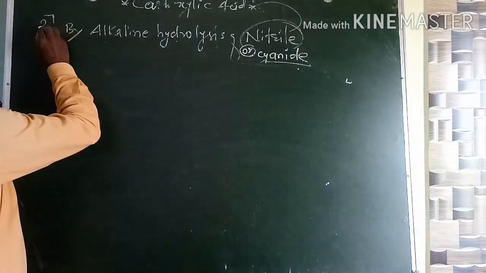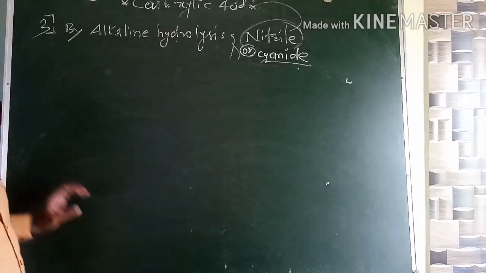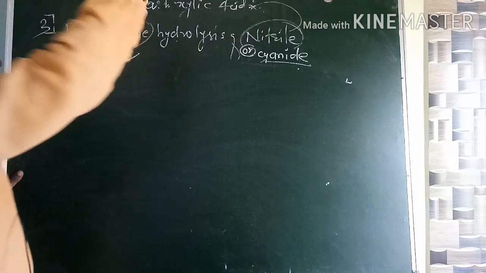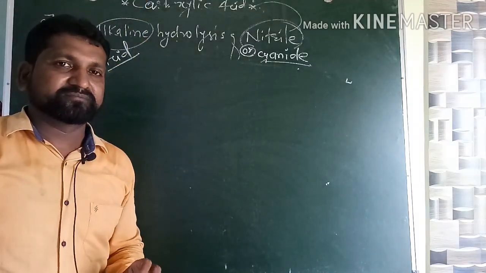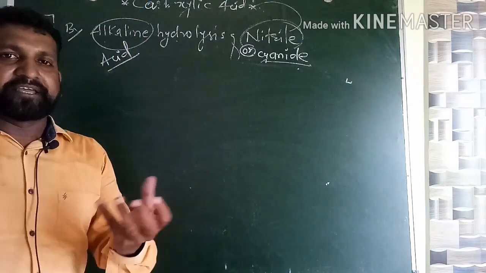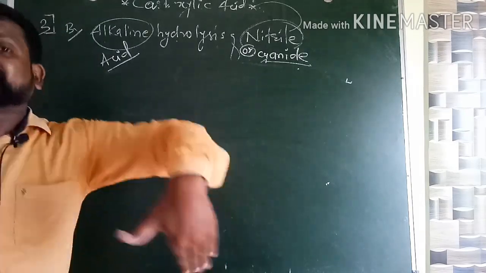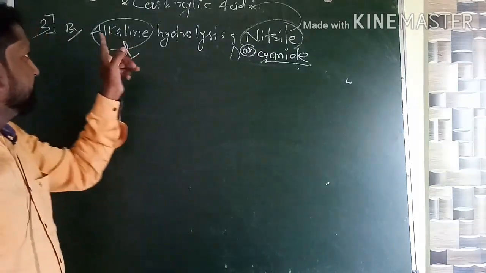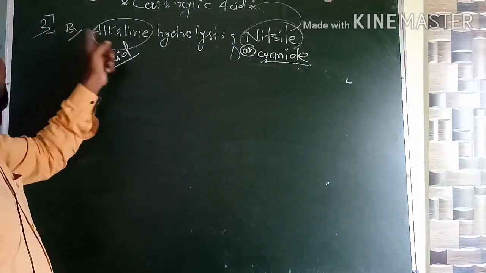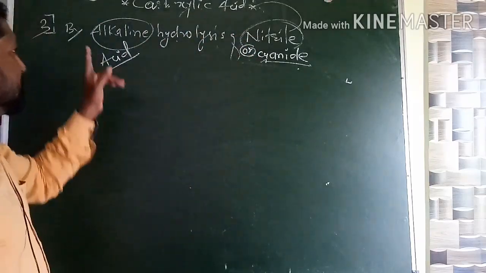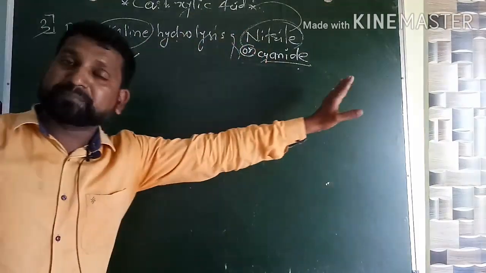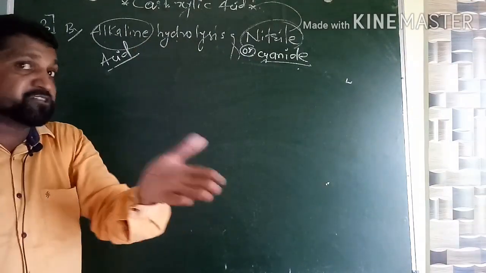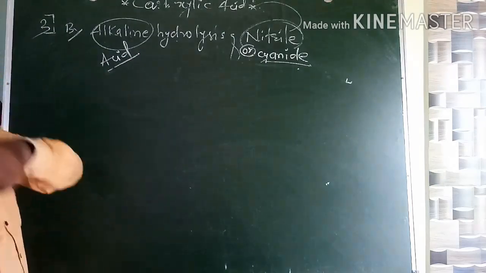Now, next method. Instead of alkaline, you can write here acid hydrolysis of nitrile. Aim is same, target is same, only the path changes, only the track, only the route changes. In the previous point, I said by alkaline hydrolysis of nitrile. Right now, I will say by acid hydrolysis of nitriles. So I think, like the second, we will not invest much more time in the third. Directly I write the general reaction.